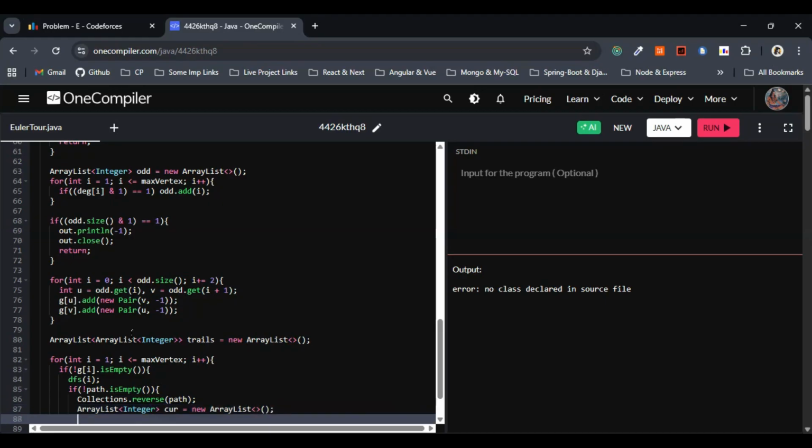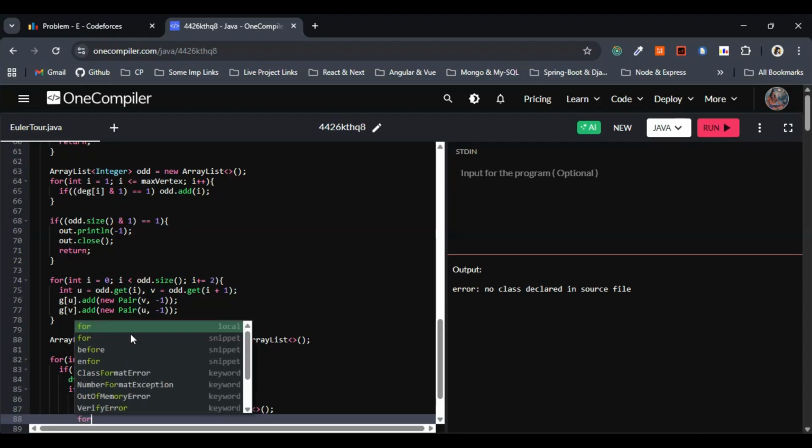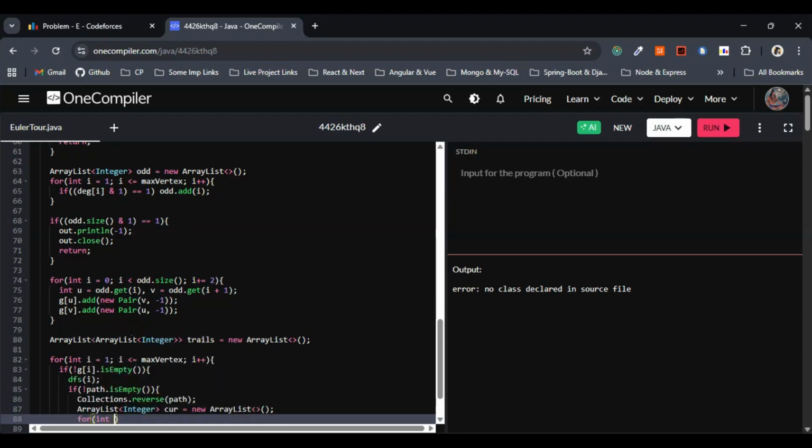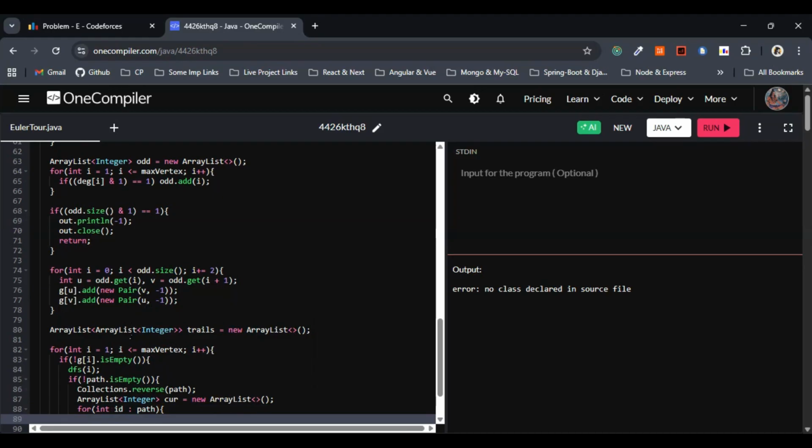Now let's move on with the for loop, the iteration part basically. So this one will be for id of path. This is fine. So let's move on with the if condition here. Nothing but if